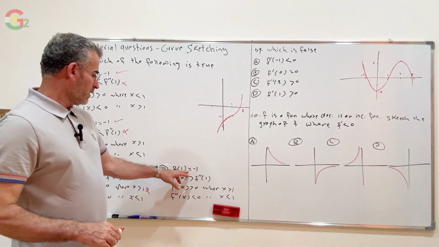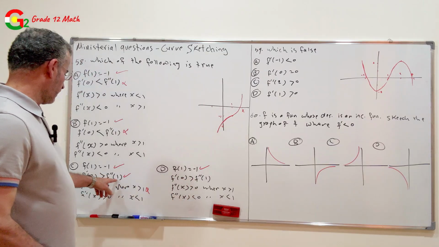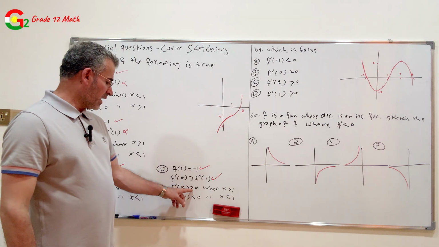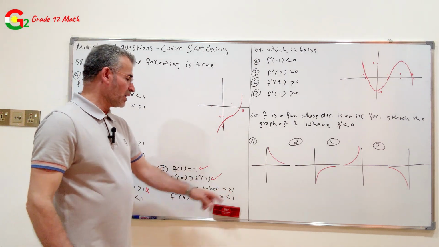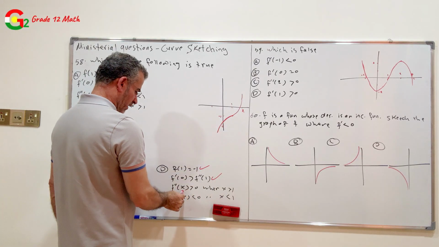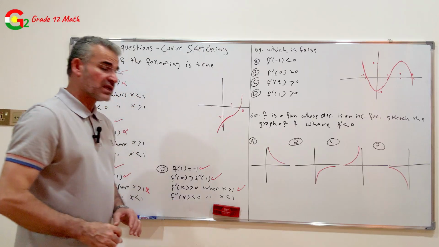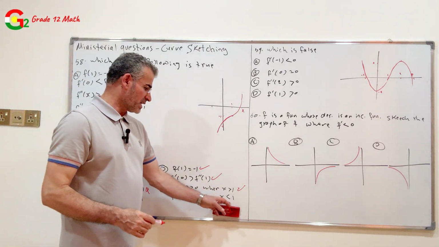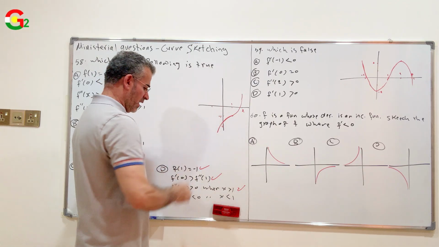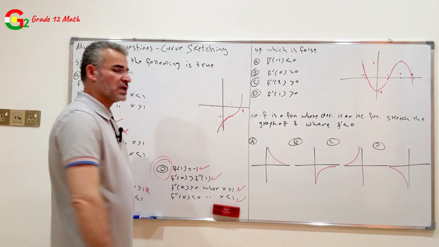D, f of 1 equal negative 1. It is true. F prime of 0 greater than f double prime of 1. It's also true. F double prime of x greater than 0, positive, where x greater than 1. Where x greater than 1, the graph is concave and f double prime should be positive. It is true. F double prime of x less than 0, negative, where x less than 1. Where x less than 1, the graph is convex and f double prime should be negative. It's also true. The right choice is D,